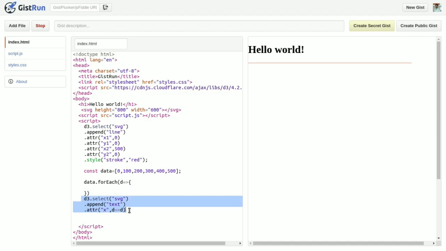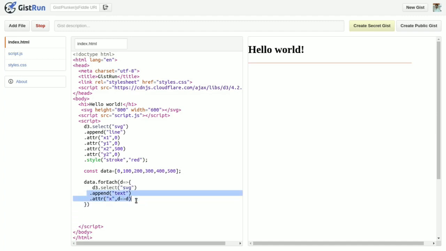Here I will put this d3 append inside the loop.